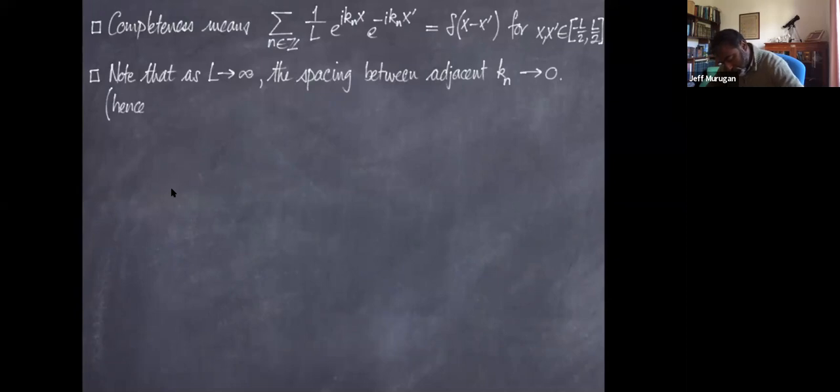Hence, we have a continuum of eigenvalues, or continuous spectrum. In this limit,